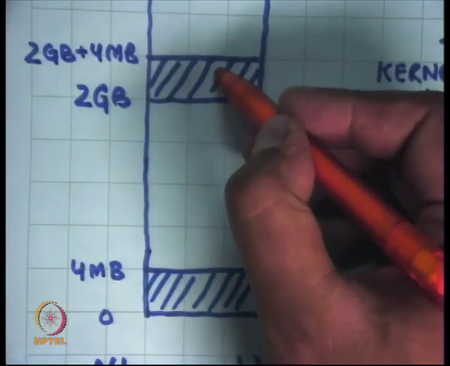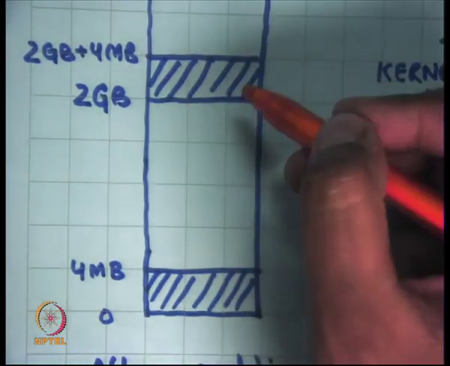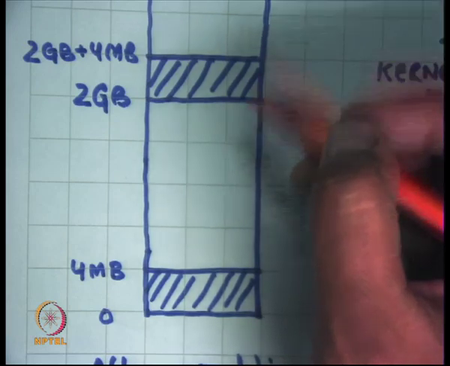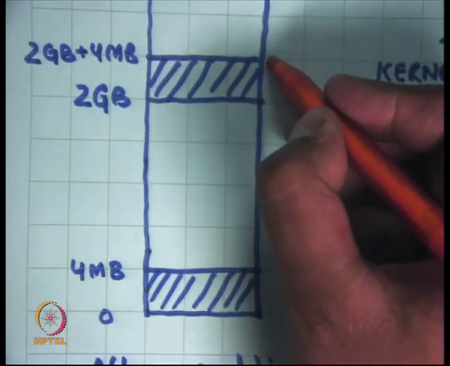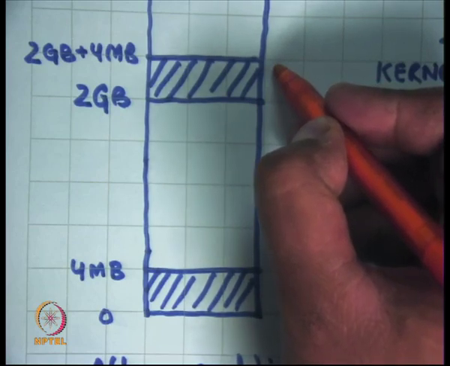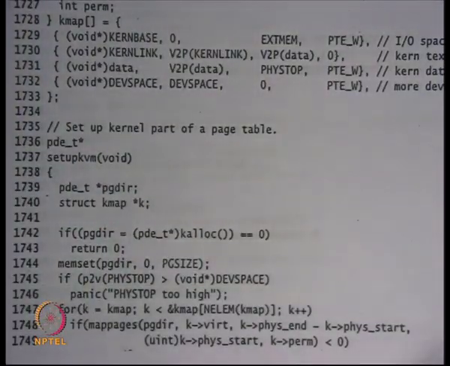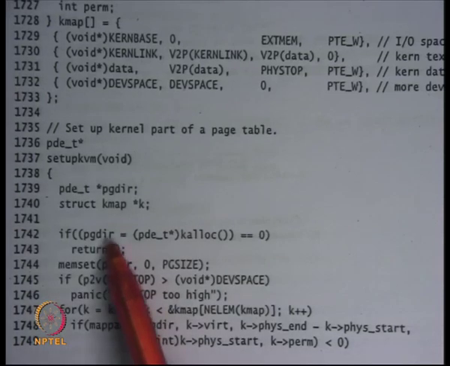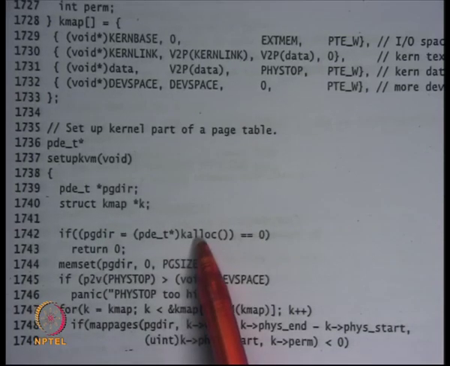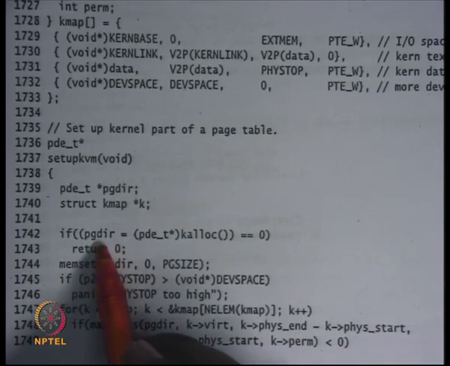So when you call kalloc, you're actually allocating space from here. You're right, at this point I've not switched, and I don't have a full heap. My heap is actually very small. What has been done is that whatever space is here has been initialized as a heap, and that's where kalloc serves its requests. So it's going to get a pointer in the kernbase to kernbase plus 4 MB space, and that's going to be stored in pgdir.